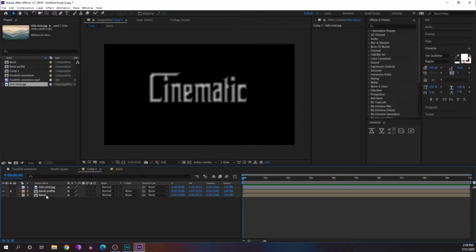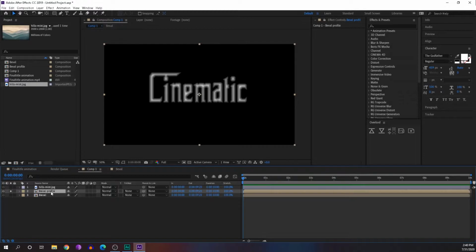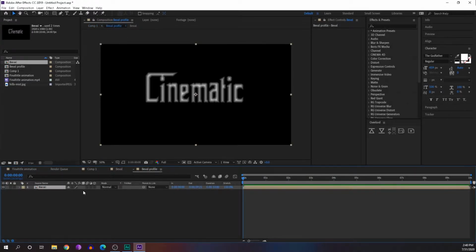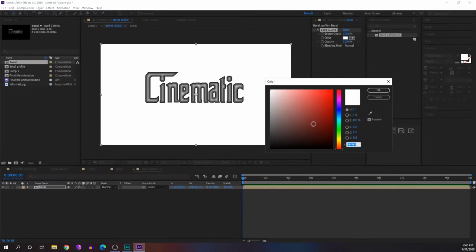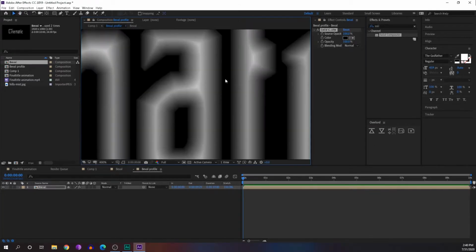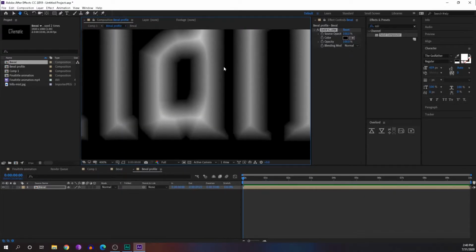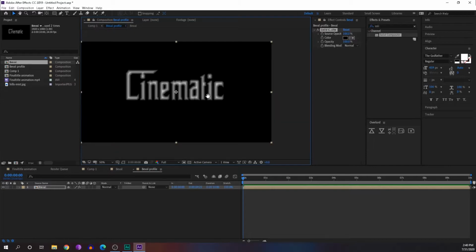So one thing we actually missed is we will just go into that bevel profile layer. We will go to bevel profile. On this bevel composition, we will add one more effect. It's called solid composite. Okay, so we will add a solid composite and we'll convert that color into black. So why we are actually adding is when we actually cut off that extra remaining area, we want the straight lines to be really straight, and we want to avoid that pixelization, all that effect. So that's the reason we are adding a solid composite on the layer.